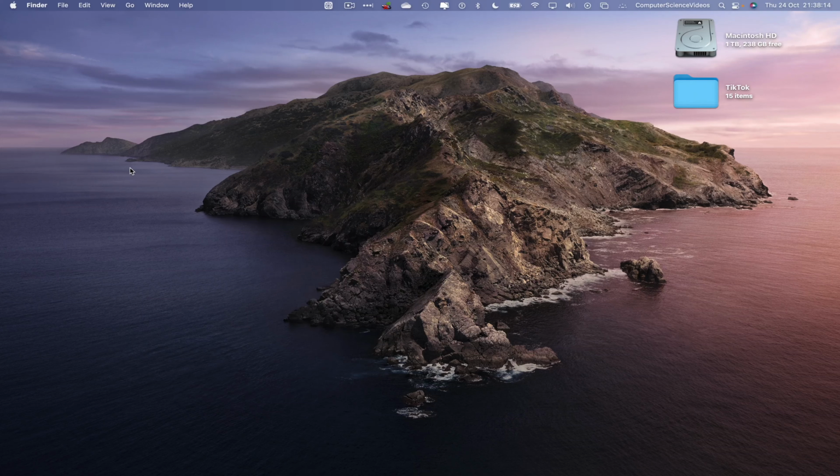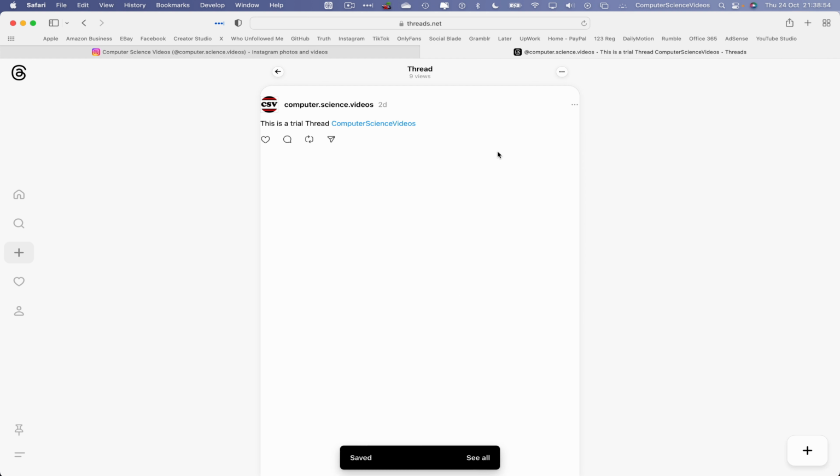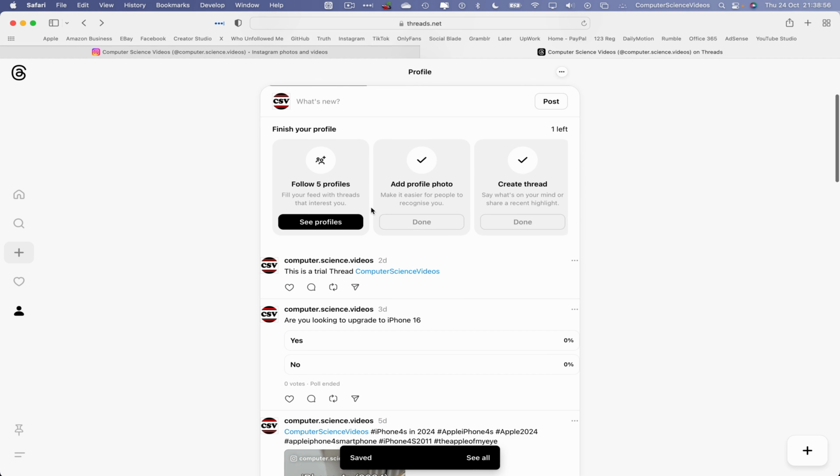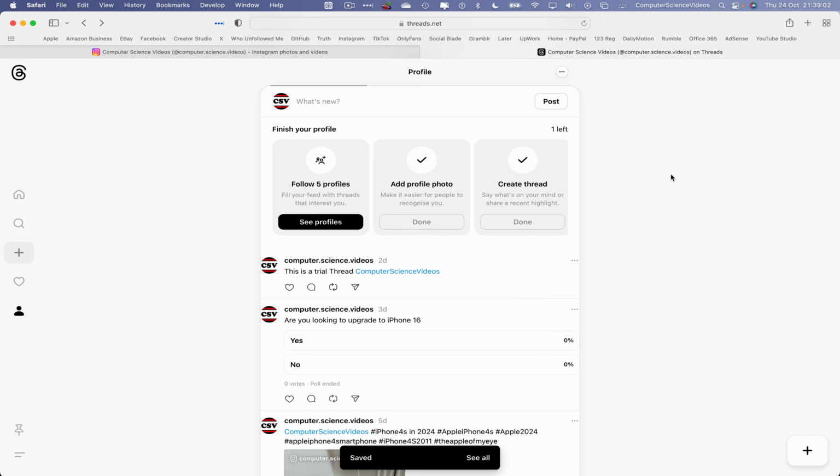So now once we're on our profile, let's just scroll through a couple of threads. We can either go into a thread, click the top corner, 3 dots, then click on save that thread. Go back one, go to another thread, follow the same protocols, click on save. Let's now go to